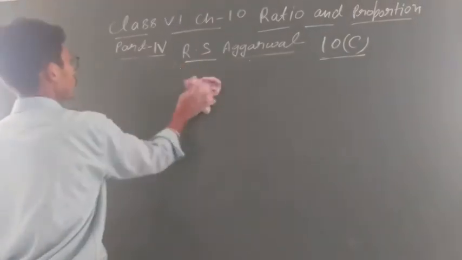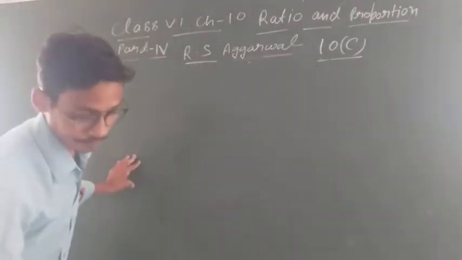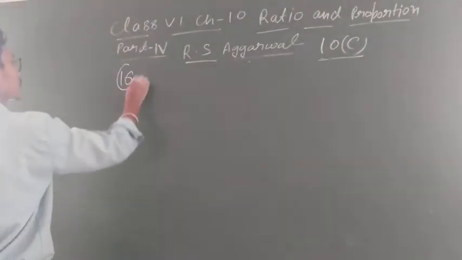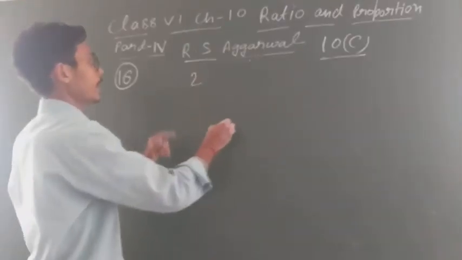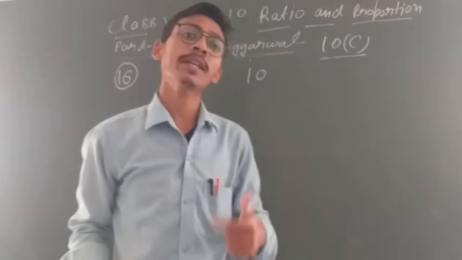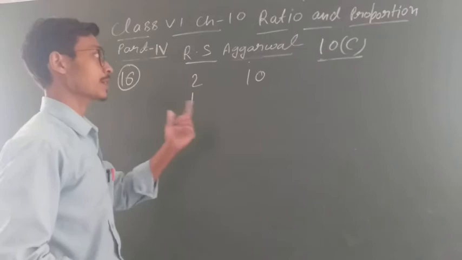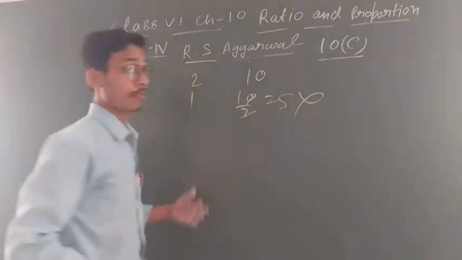One last question I am going to discuss student. Last question is given. Question number 16. देखो 16 is given. अच्छा one thing I am going to discuss first. जैसे if 2 labor can complete the work in 10 days, you can find out one labor can complete the work in how many days. देखो student do mistake in this question. They will do 10 upon 2 to 5. But this is wrong. Why?